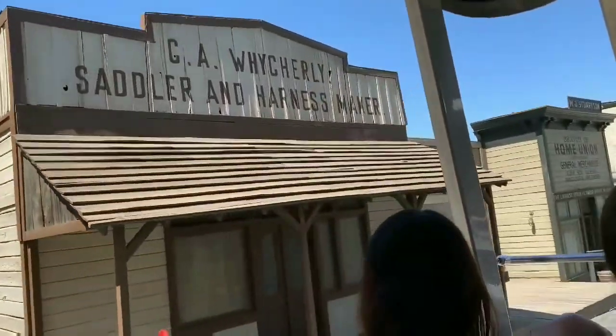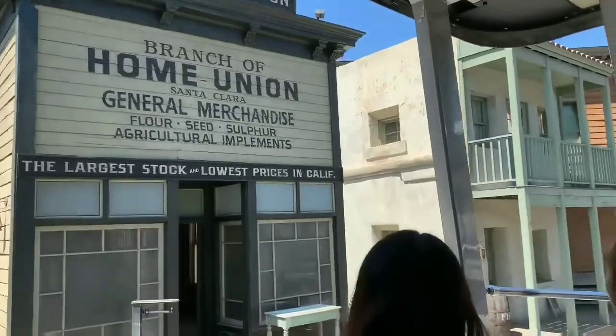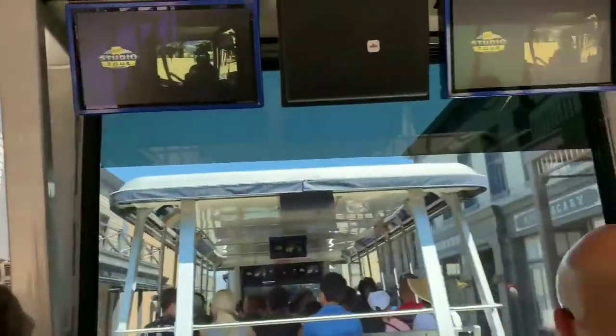So this is the halfway mark of the tour. So just so you guys know, we're halfway through. At this point in the tour, they also like for me to remind you, please do not jump off the tram. If you need assistance, reach up, pull the emergency cord overhead. Great, everybody's got it. This set, you're going to notice as you take a look around, it's super dusty out here. It looks kind of...